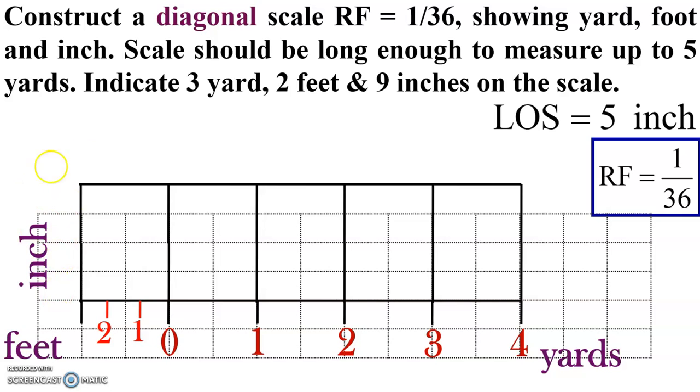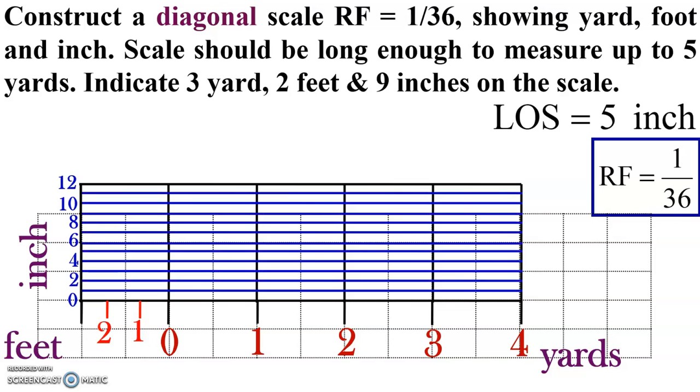Sorry, the inch. So that is nothing but the inch. Now again we have to find out the relationship between foot and inch. Again we have to recall that table. 1 foot is equal to how many inches? Yes, you are right. 1 foot is equal to 12 inches. So we have to divide this vertical line into 12 divisions. Is it clear? So we are going to divide this line into 12 divisions, and then we have to draw the horizontal lines from each division.